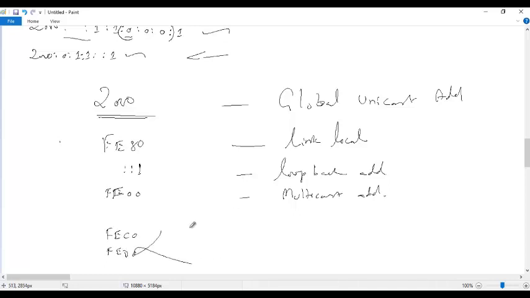They were thinking we should use something like this, but later there was no need for private addresses, so they were removed. FEC0 is no more, and FED0 is no more. You should not use these.